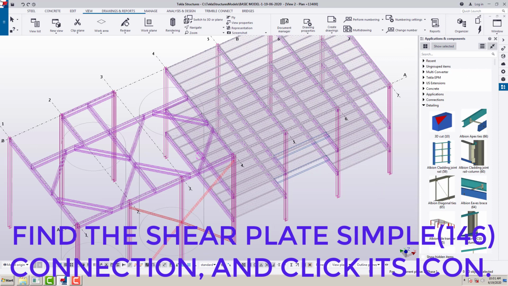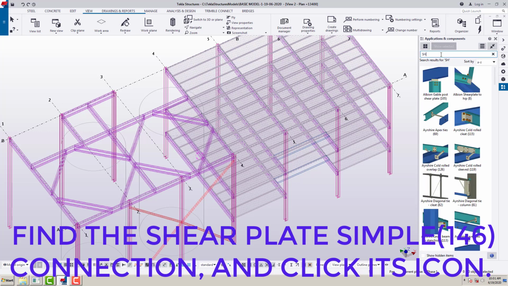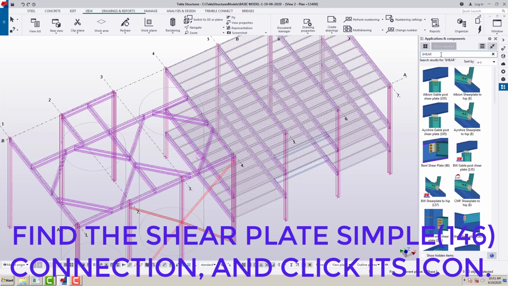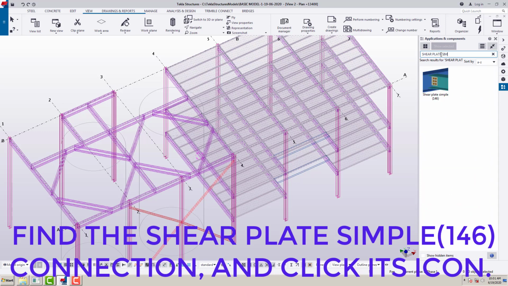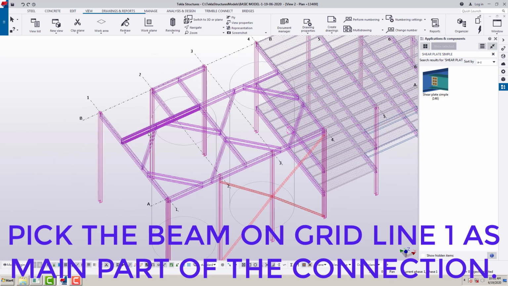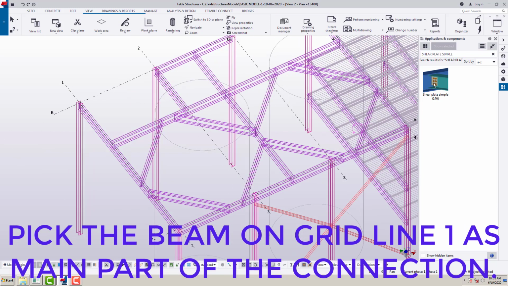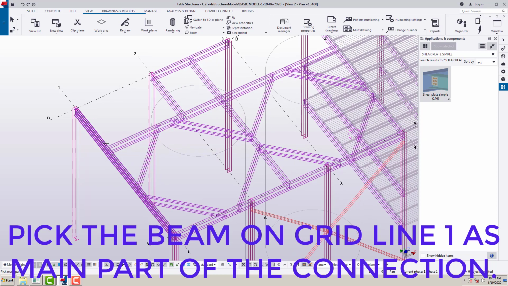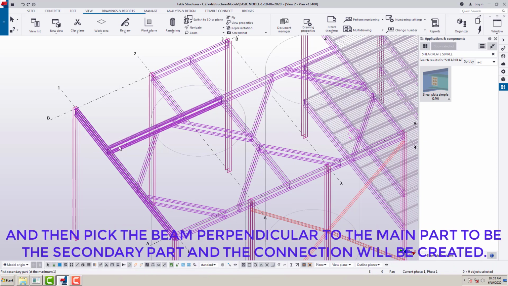Find the shear plate simple 146 connection, and click its icon. Pick the beam on grid line 1 as main part of the connection. And then pick the beam perpendicular to the main part to be the secondary part, and the connection will be